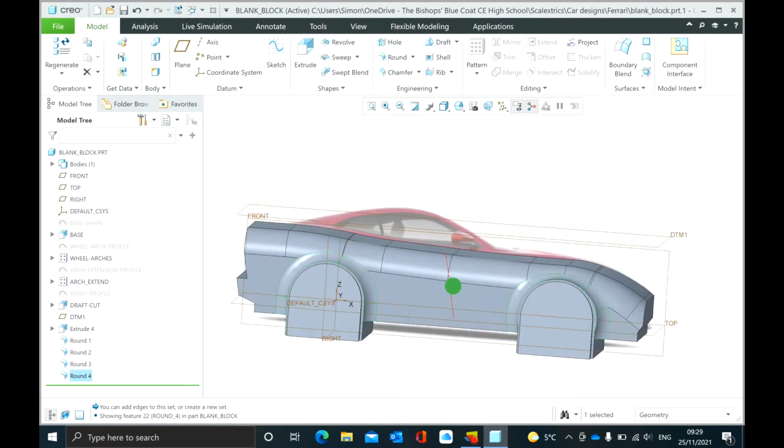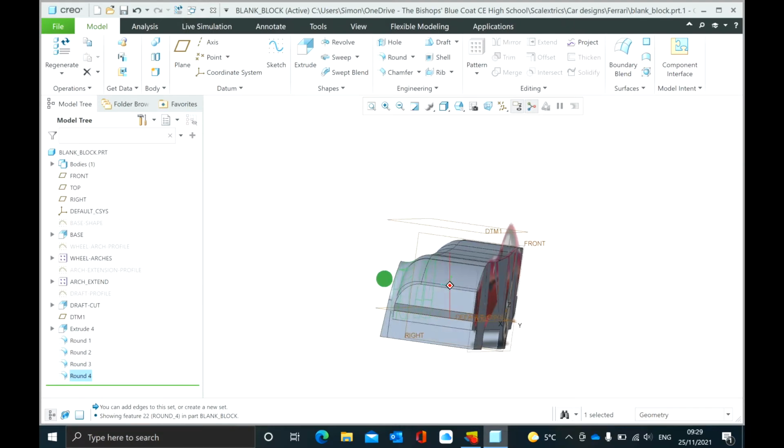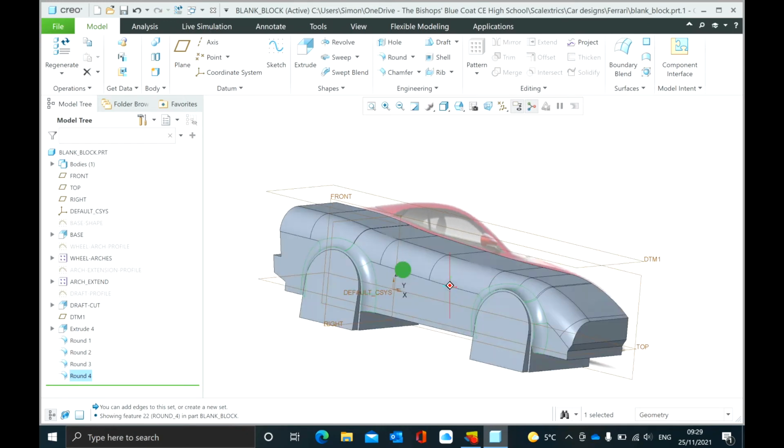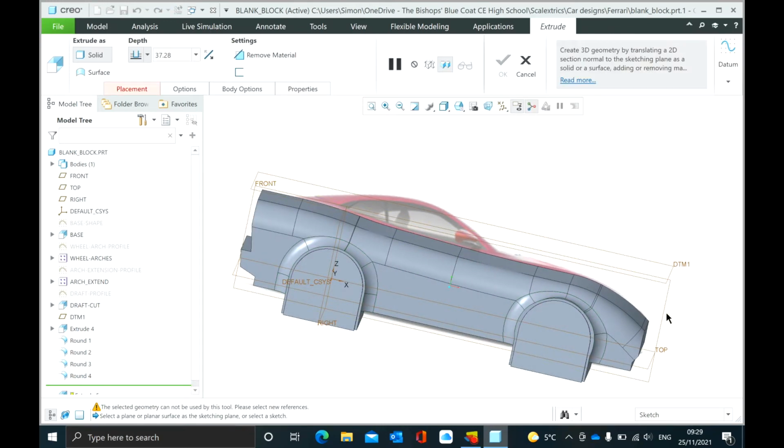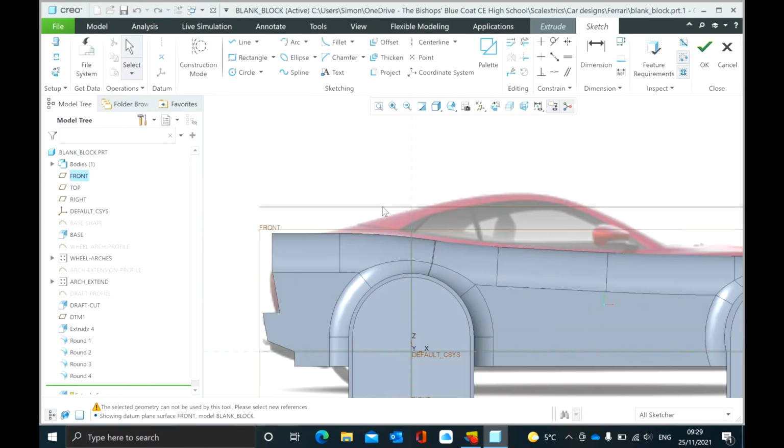Now I'm going to leave off doing any other rounds for the moment, because what I need to do next is get the roof in place. So it's back to extrude, click on that front plane again, and all I'm going to do is pick a point in this grey area, so below the top. It's probably normally easier, and we're just going to put on that roof, bring it down and connect the two bits back up. You can press OK,